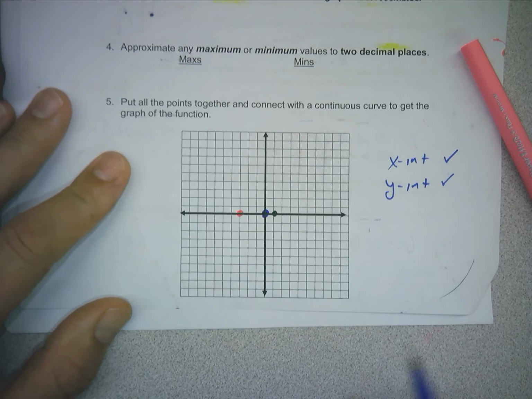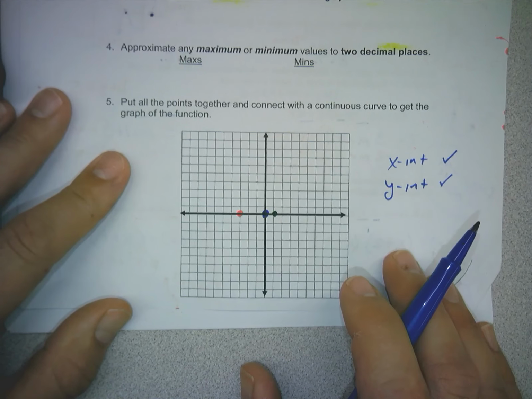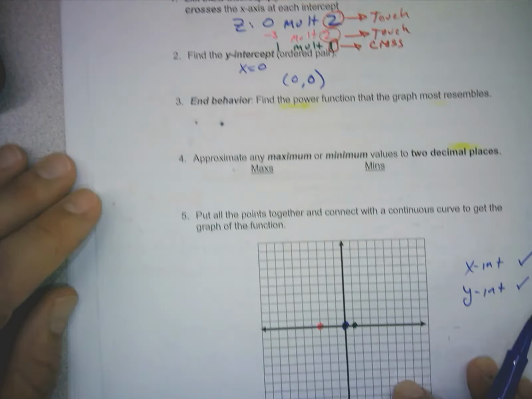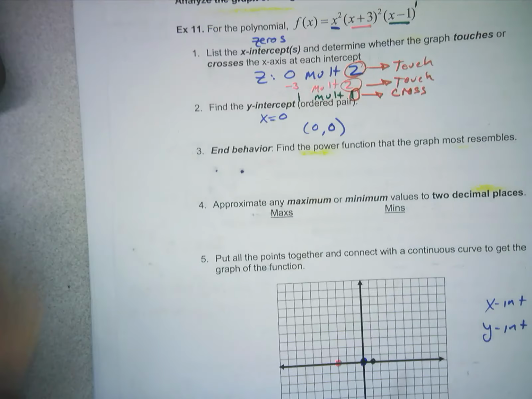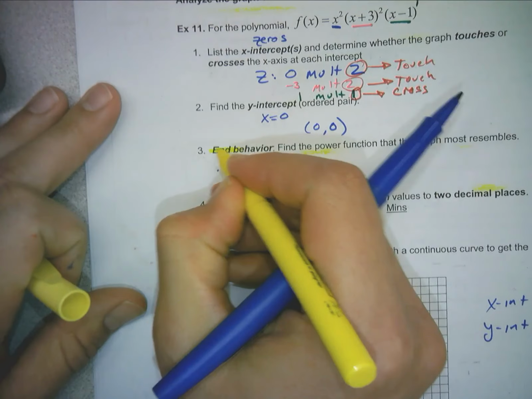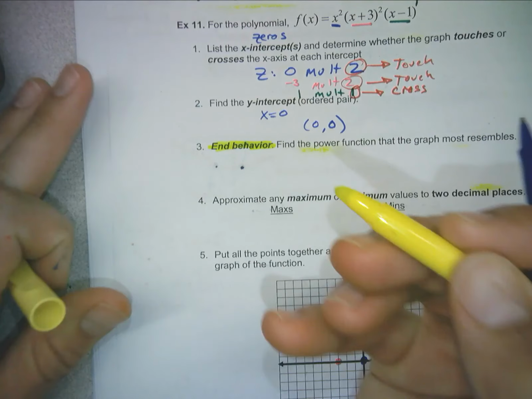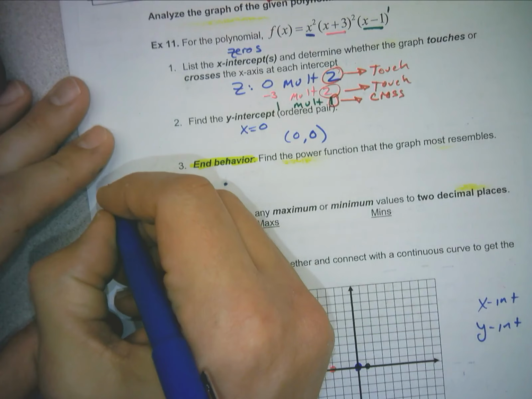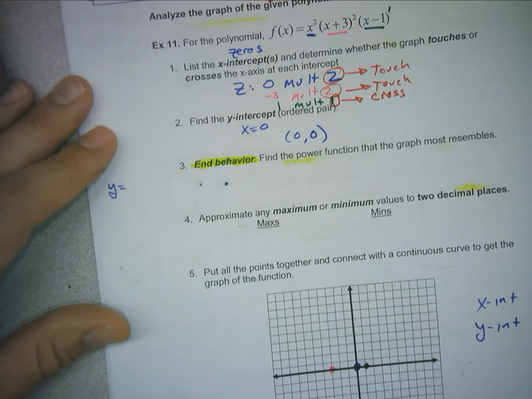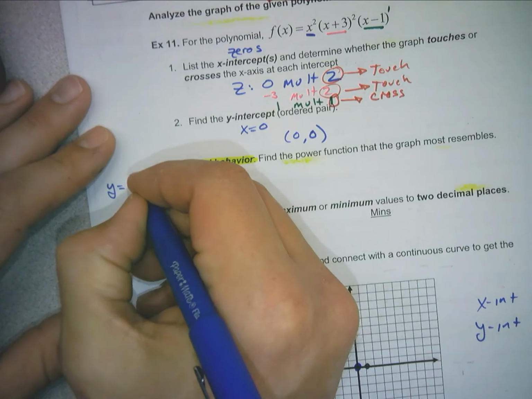Okay. So far, so good. So y-intercept is 0, 0. Now end behavior, guys, okay, end behavior, so I'm going to review what end behavior is. You basically have 4 choices, okay? We look to see what the degree of our guy is, okay? And we want to see if it's even or odd,